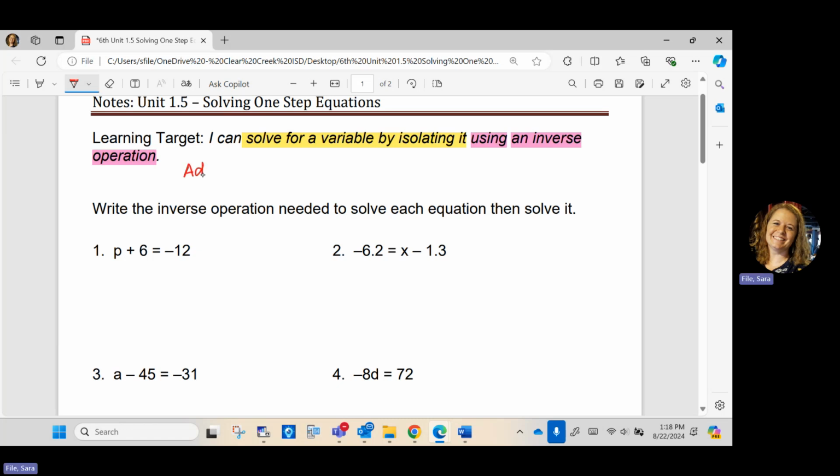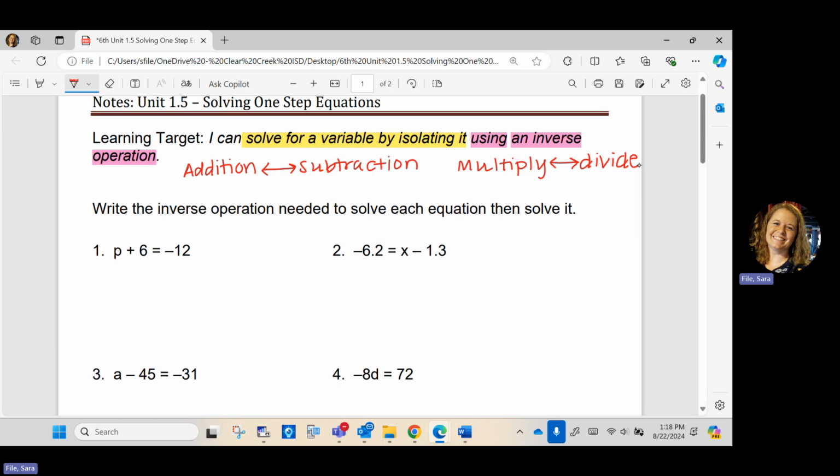What's the opposite of adding? Subtracting. So addition and subtraction are inverse. What's the opposite of multiplication? Good. So multiply and divide are inverse operations. So when we say by using inverse operations, that's what we're talking about, doing the opposite to get the